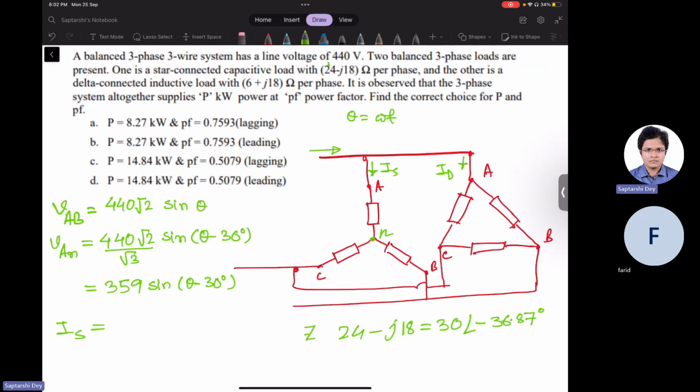This is the capacitive load. Now this will cause a leading current. So what we have is 359 by 30 sine theta minus 30 plus